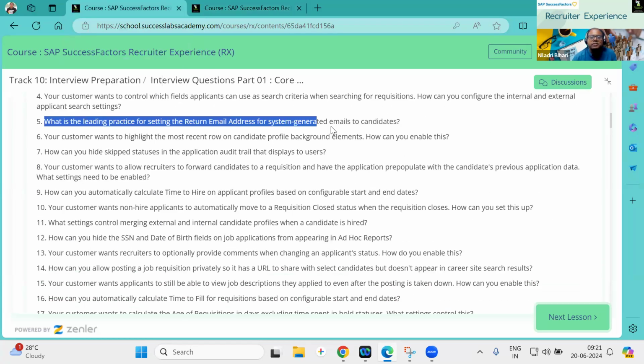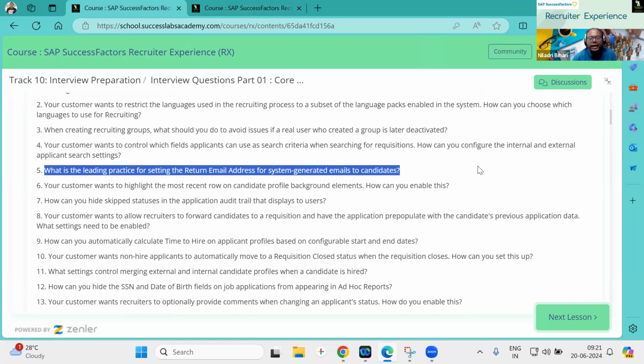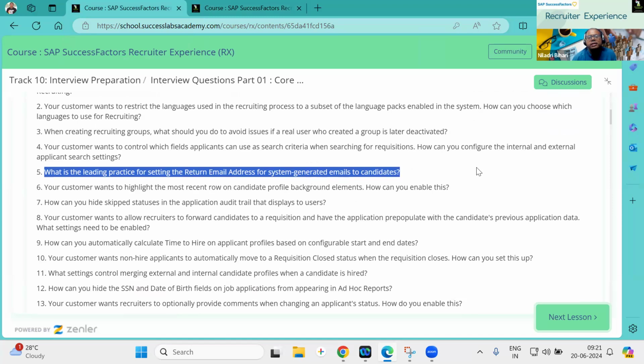What is the leading practice for setting the return email address for system generated emails to the candidates? Return email address: you must have seen in many cases, do not reply, no reply. Those kinds of settings exist so that people will not reply to system generated emails, with a disclaimer that this is a system generated email and you do not have to reply to it.